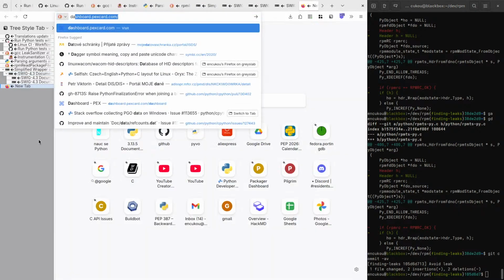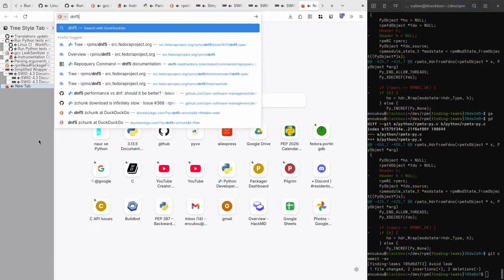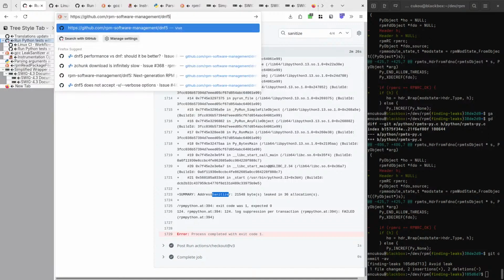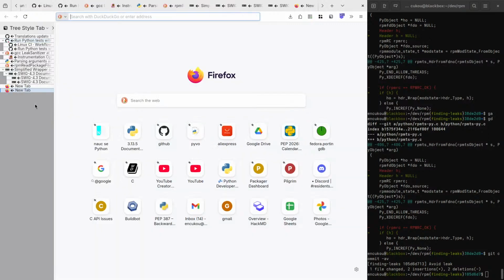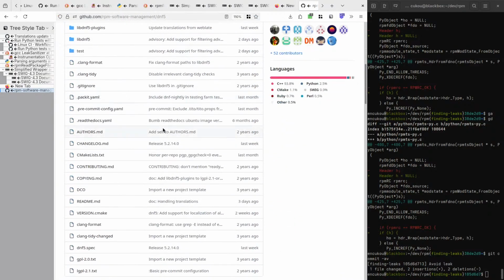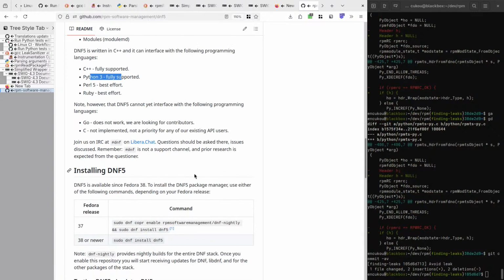So what are we wrapping? DNF? DNF5, and it's in the same namespace as RPM. Oh. DNF5. This one? Looks like it. Okay. It can interface with Python 3.